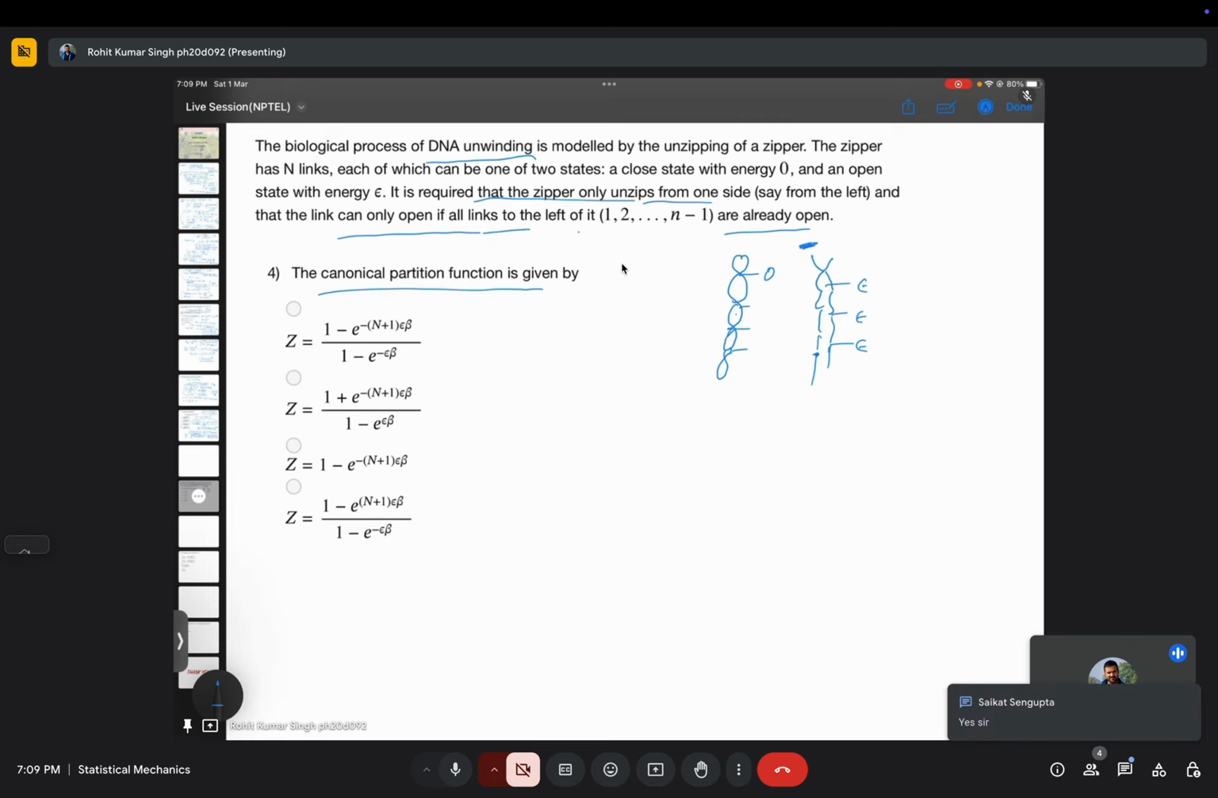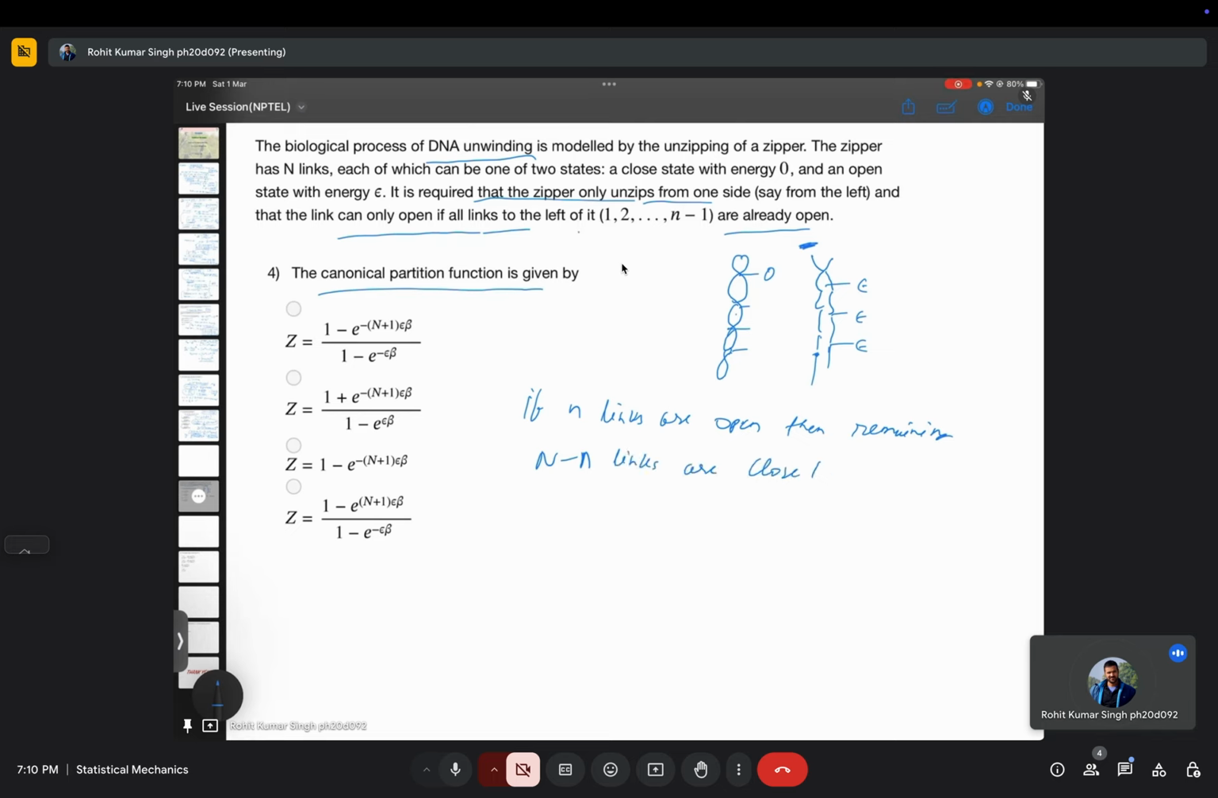Okay, so the zipper has n links, and the zipper opens from the left, and if n links are open, then the remaining N minus n links are closed, right? And what is the energy of open and closed links? So if n links are open, then the total energy is n times epsilon, right? And so our partition function